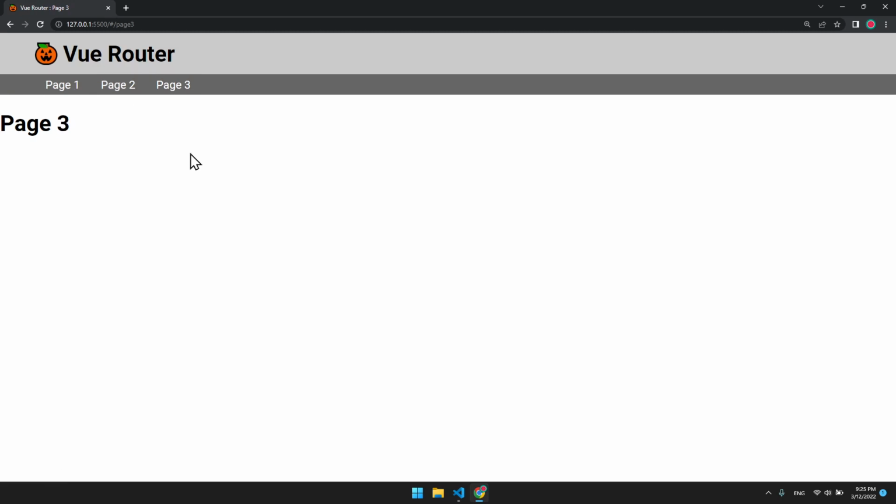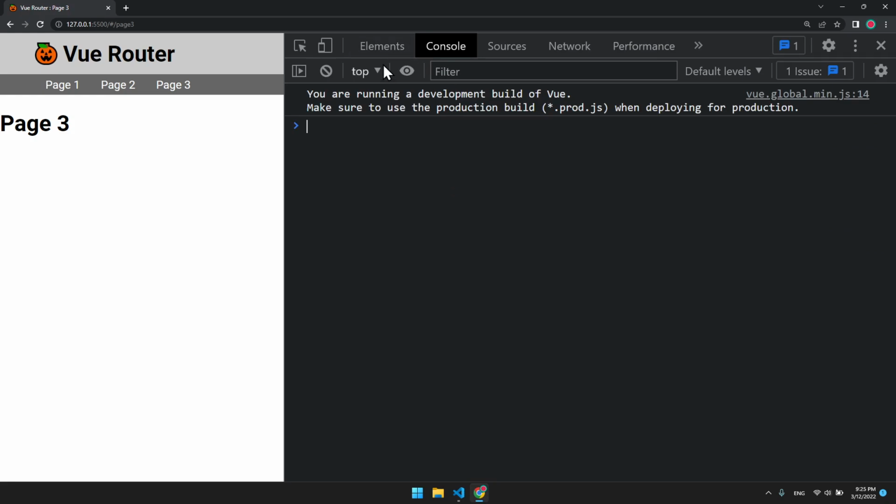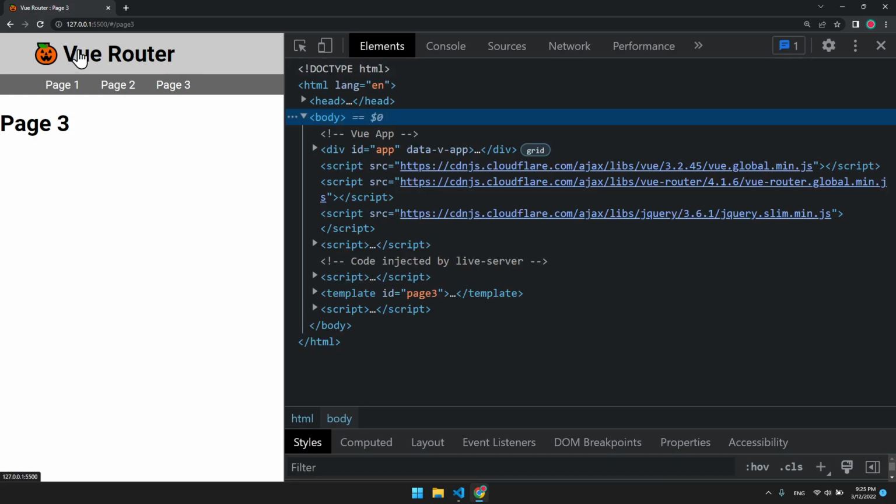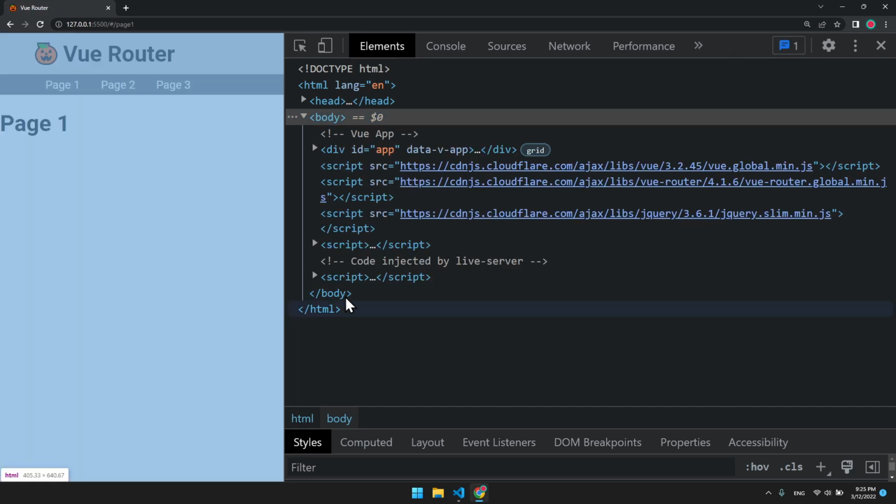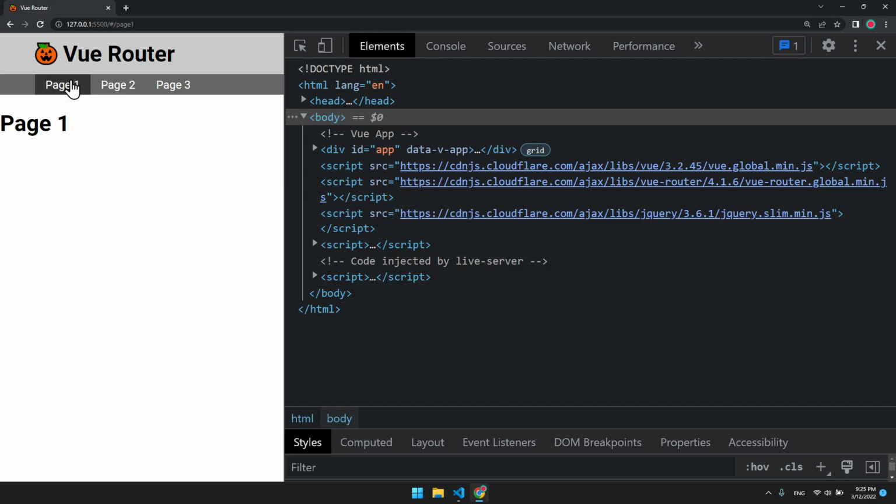I would like to do a demonstration also with my element HTML being shown. So I press F12 and go to Elements. Let me reload, click on the link to reload the whole page again. It will start fresh. So look at the bottom before the end of the body here, because we're attaching the content of page 3 into the end of the body. So let me try page 1. Nothing happened. Page 2, nothing happened,